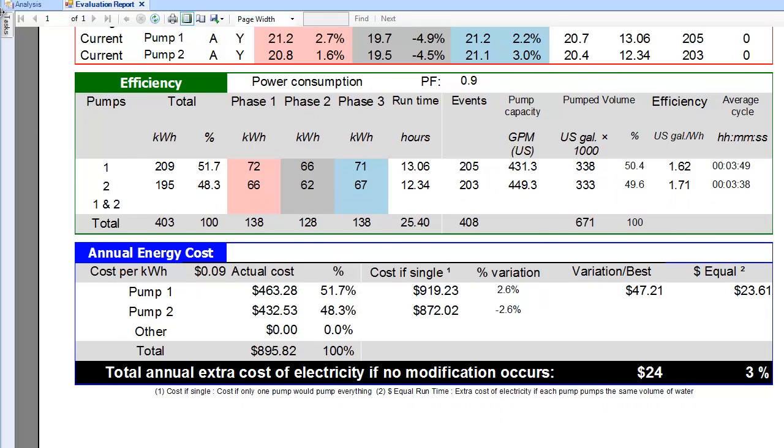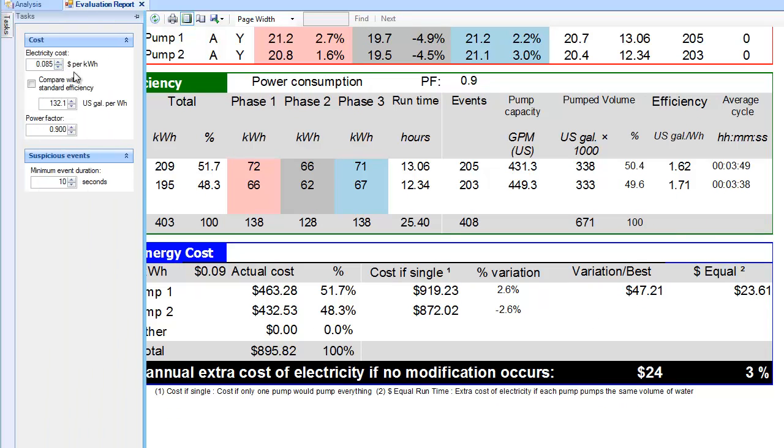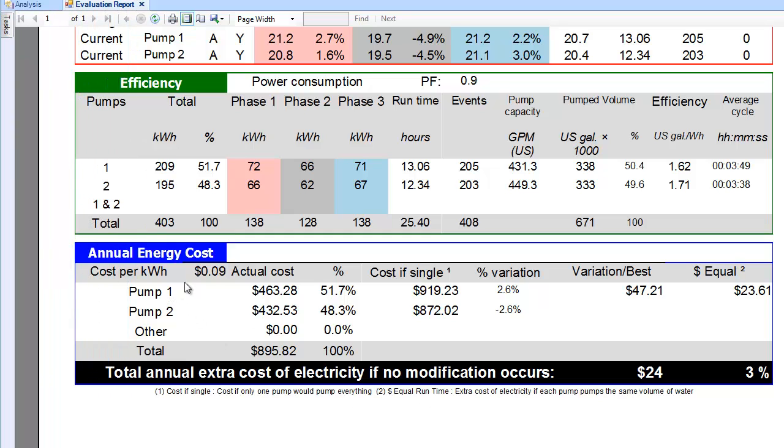Now when you use those numbers, especially the electrical costs, what we do is we take the electrical costs and the power factor and we calculate the annual cost to run each pump in this station. So the total cost to run these two pumps in the station annually would be $895.82 based on the cost per kilowatt. We also take each individual pump and say if you just ran pump 1 for a year, it would cost $919.23. And if you just ran pump 2, it would be